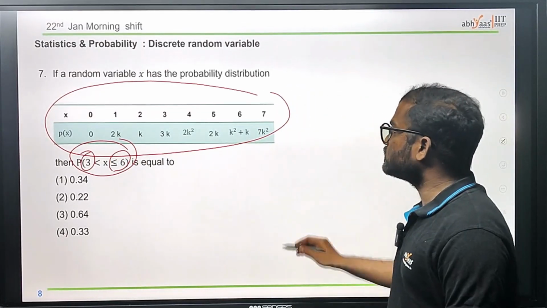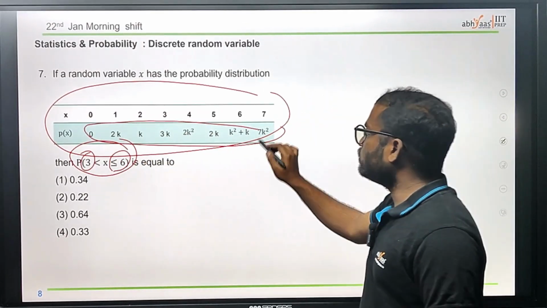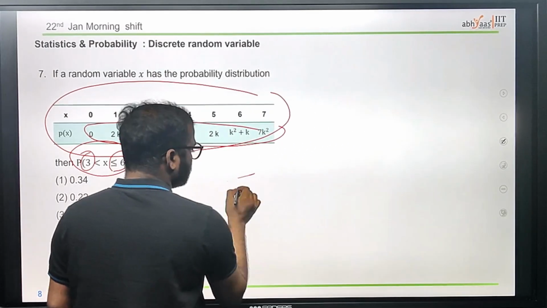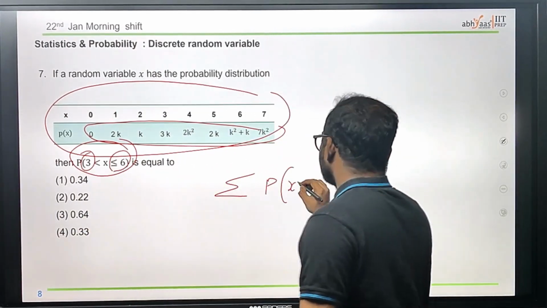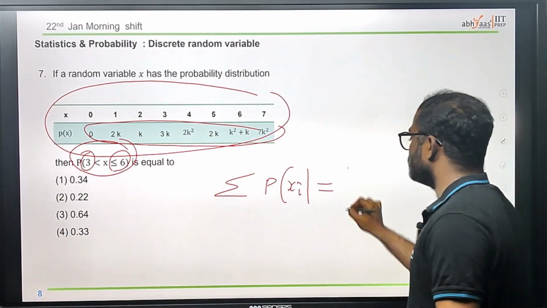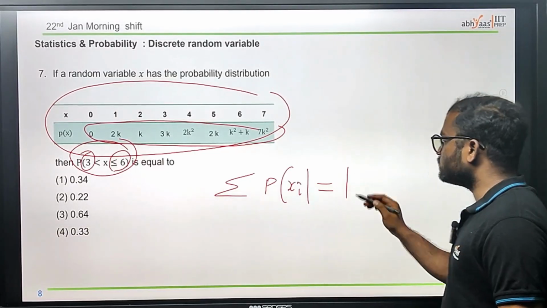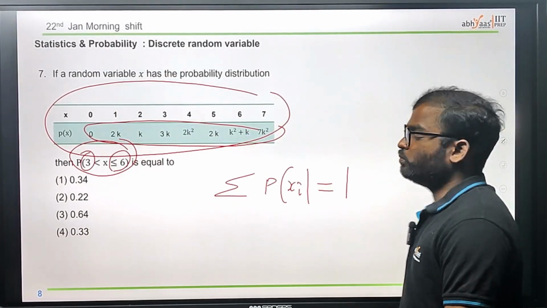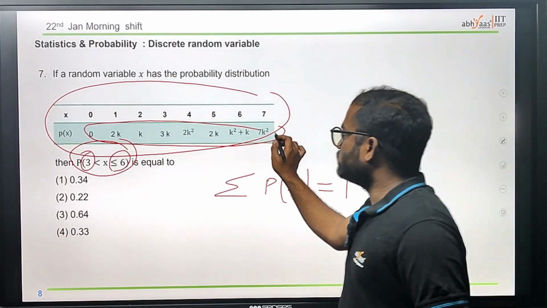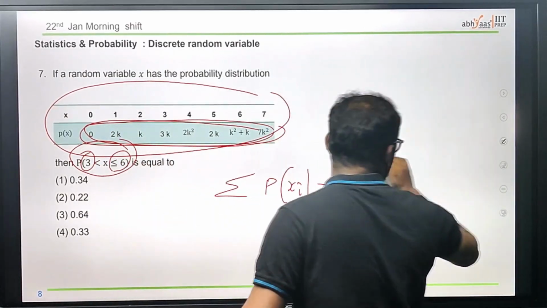Okay, in order to find this, first we need to find the k value. We know how to find the k value, which is just the summation of p of xi, which we know is equal to 1. By using this, we can easily find the k value. If we just substitute this, we will get the quadratic equation,